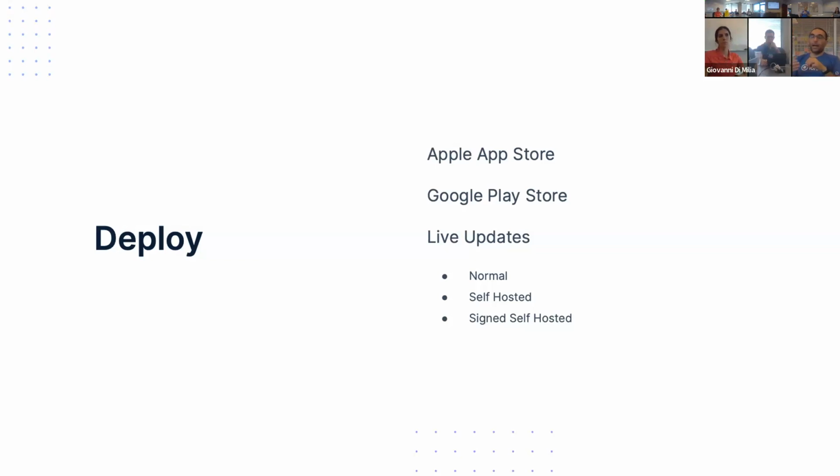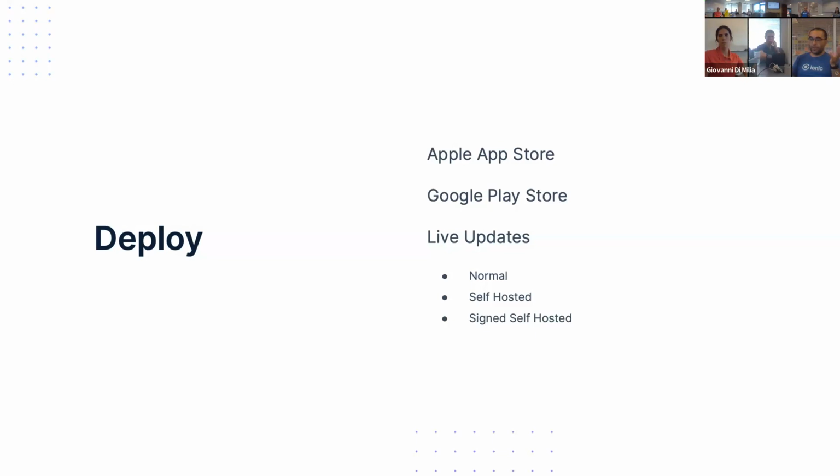We provide tooling to do this update, and our service is called live updates. Basically you build your web assets only, and you can deploy them directly to the app, over the air.